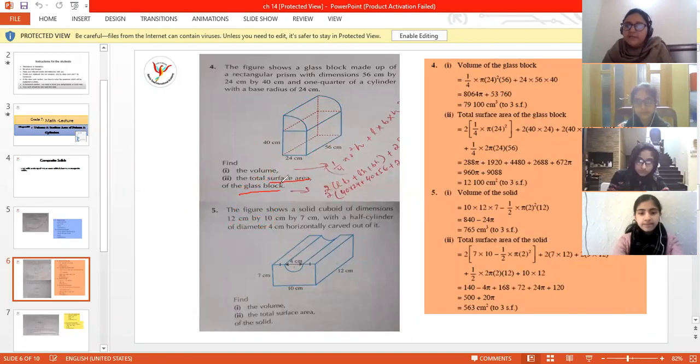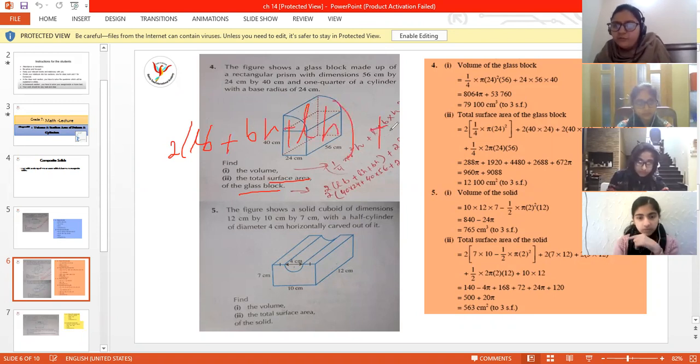Now come towards the surface area of the glass block. Again I'm telling you that everything inside this glass block is clear. So we are not going to subtract anything from the surface area, because we can easily see all the sides of this quarter cylinder and all the sides of this rectangular prism. What is the formula? 2 into length breadth plus breadth height plus length height